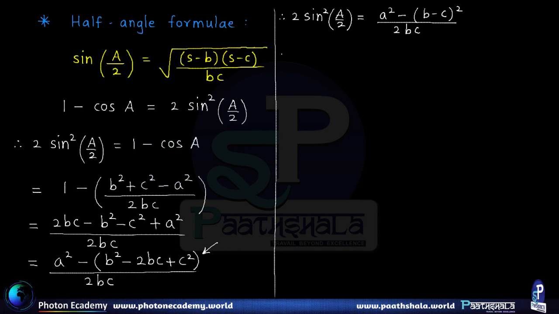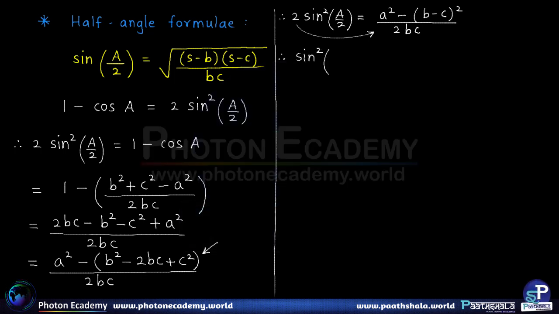Okay. So we can bring the factor of 2 on the right side and make it 4bc. Therefore sine square of A upon 2 is equal to, in the denominator we definitely have 4bc, and in the numerator